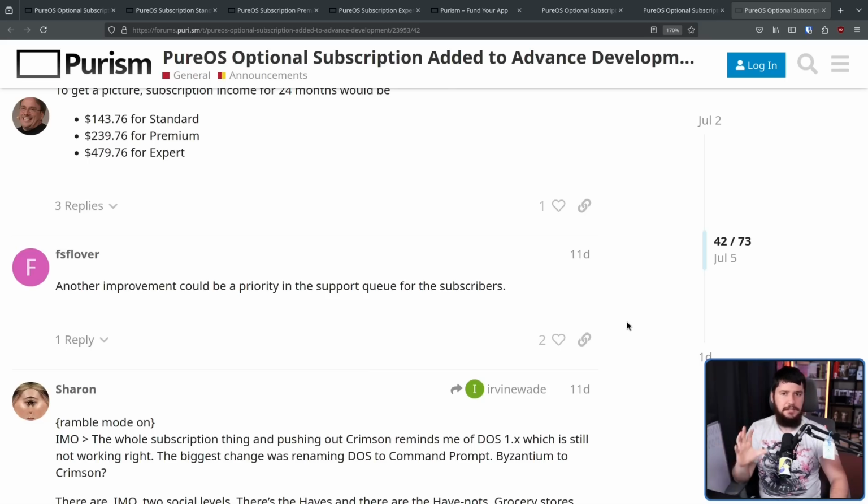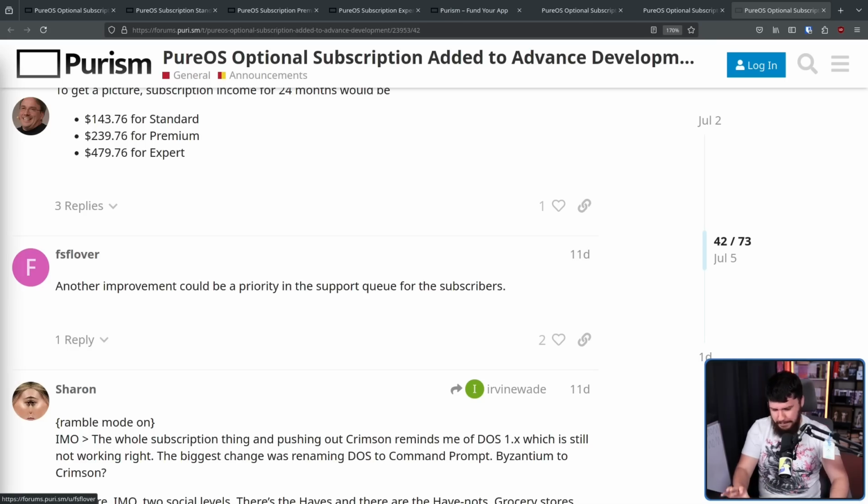Someone else in here suggested that if you have a subscription and you're in the support queue, you just get bumped up to the front of the support queue. And I think that's a good idea as well. The issue is the implementation of this, because this does require having a system that actually facilitates this. Otherwise, you have to manually go and check the names, and in many cases, that is just going to be slower than going through the queue normally. If you have a system that automatically moves people around a support queue, that'll work great, but otherwise, doing so can be a bit of an expense.